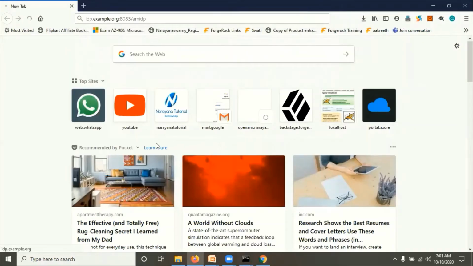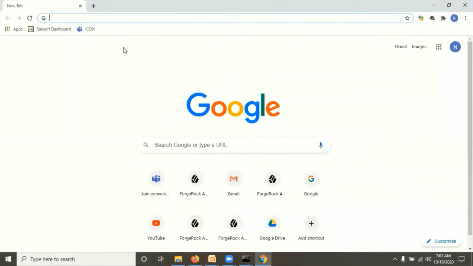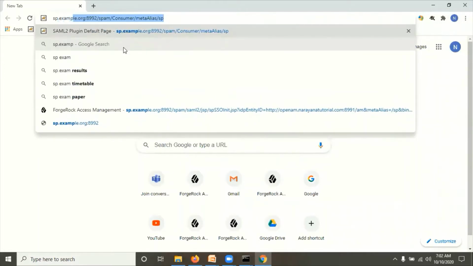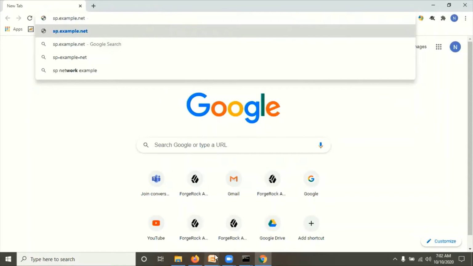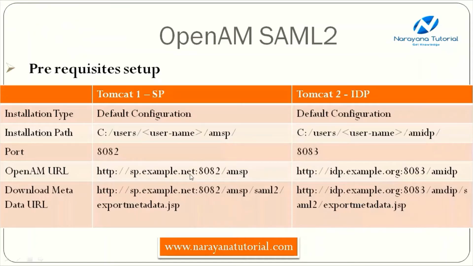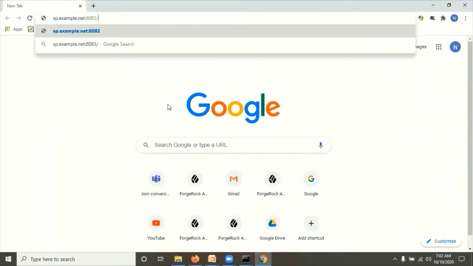Okay, .org. Now we got the configuration options. Now the same way we have to access sp.example.net. Let me verify one more time the host name. sp.example.net:8082/AMSP.